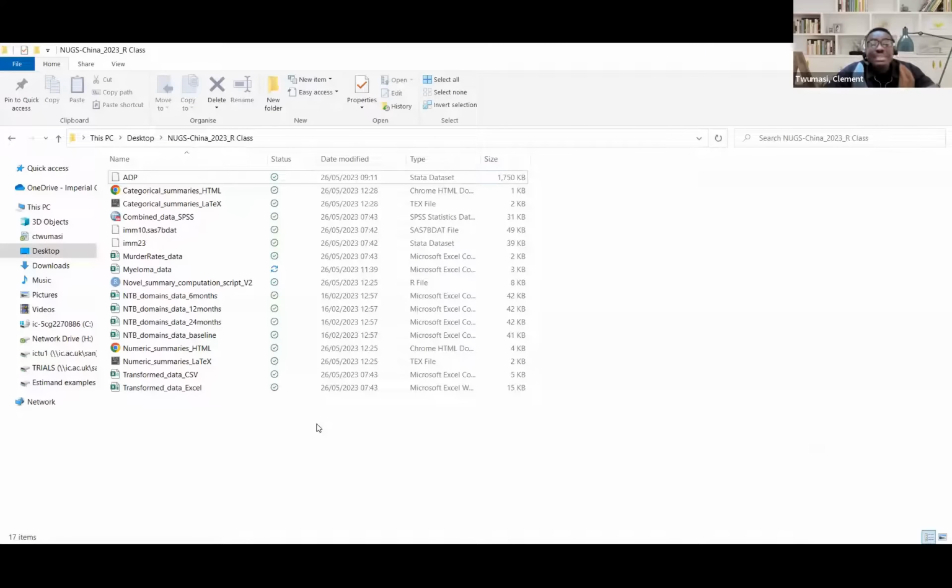So let's say I created a certain folder. All of you will have access to that. Now I created a certain folder, so in order to import data, first of all, your data should be in a certain folder. Now that folder is called what? A working directory. Okay, so on my desktop I've created a folder and I've named it NUGS-China 2000